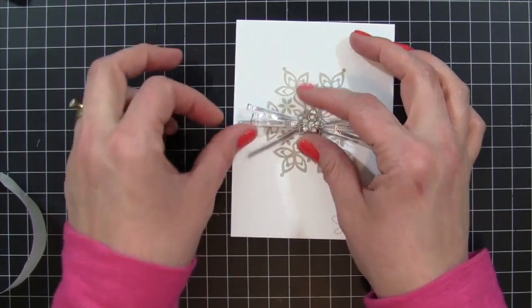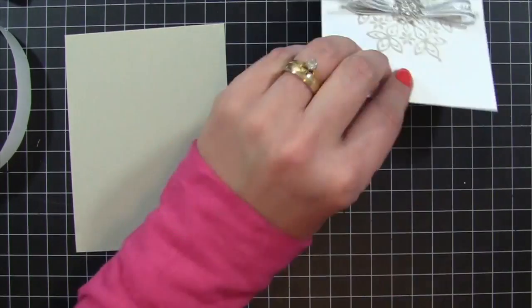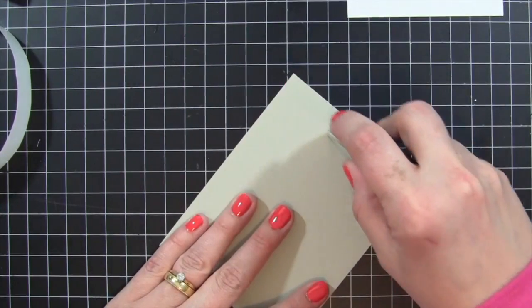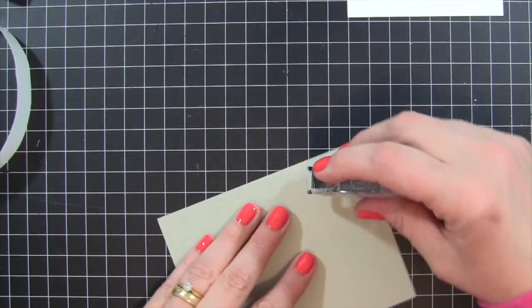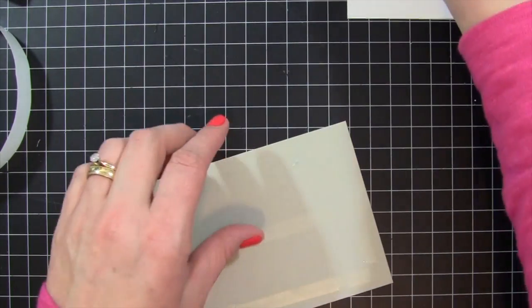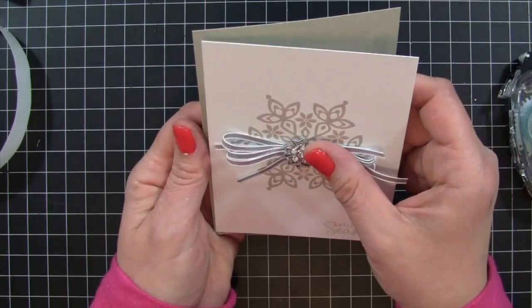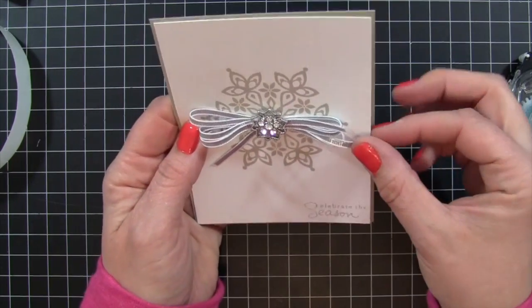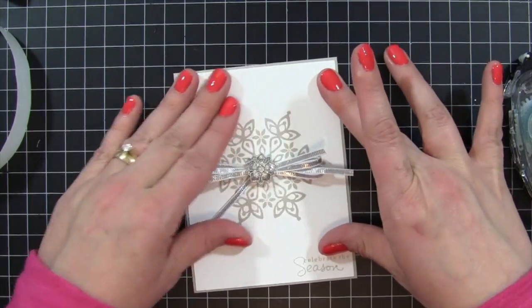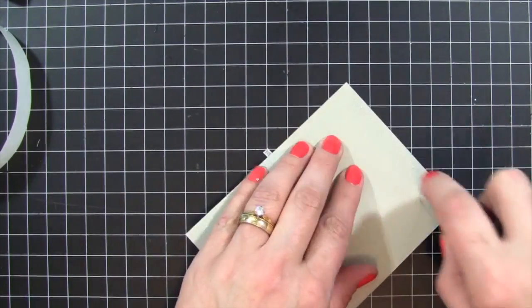And once I have that all in place, I'm going to take a piece of Sahara sand cardstock. This measures 4 by 5 1/4. And I'm adding my adhesive right to that piece because my Whisper White piece is a little bit bulky, and I didn't want to wrinkle it up when I went to add the adhesive on the back of it. So I added it right to the front of my piece of Sahara sand. And I'm going to go ahead and center my little stamped image there right to the front of that, and that little border there is about 1/8 of an inch smaller on the white cardstock than it is on the Sahara sand. And then I'm going to go ahead and add some adhesive to the back of that,